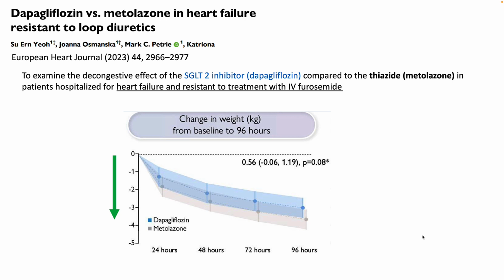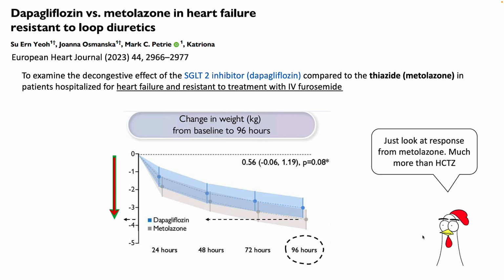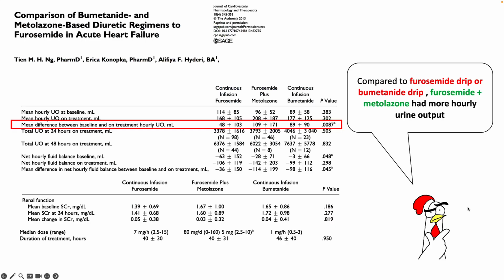In 96 hours, it resulted in at least net negative by 4 liters when used with IV furosemide. And you can see that the response is much more than hydrochlorothiazide. This was another randomized control trial which compared furosemide plus metolazone